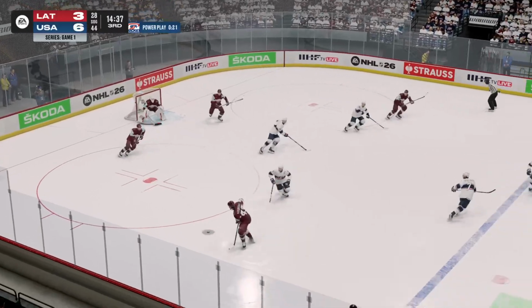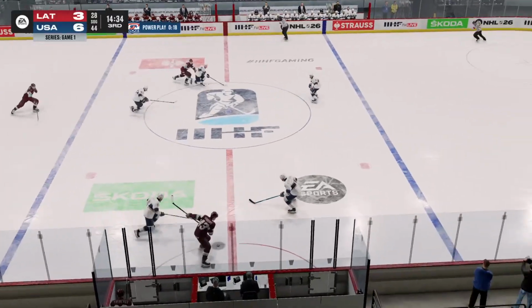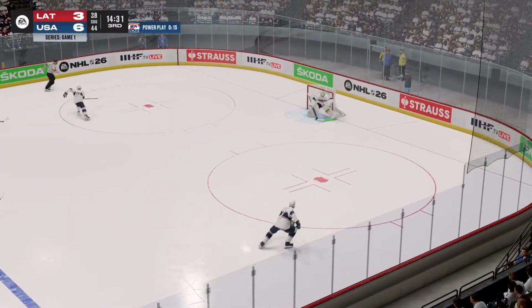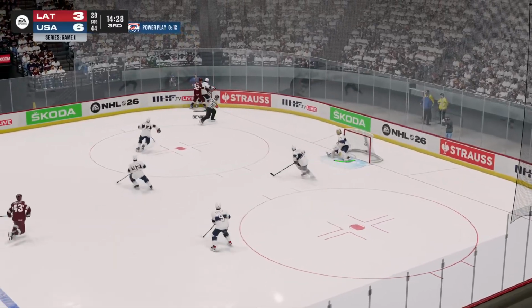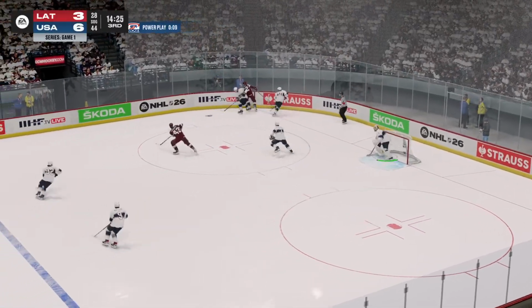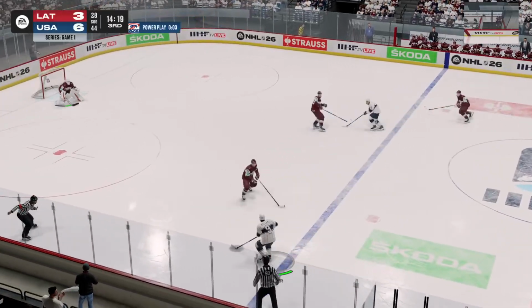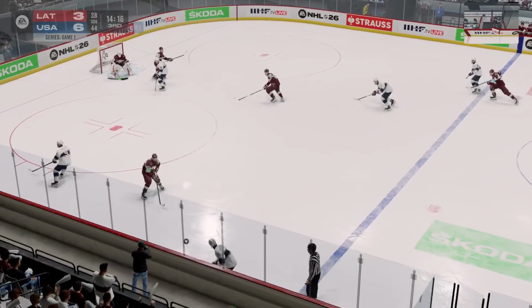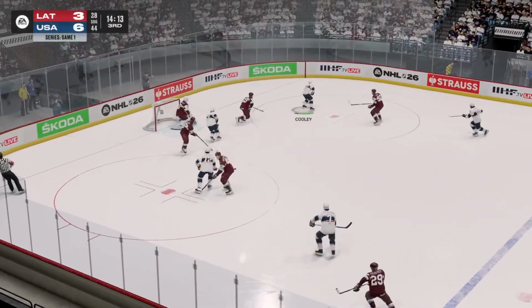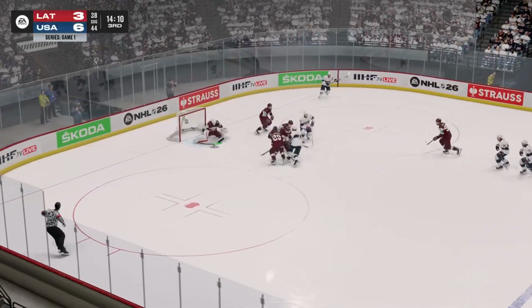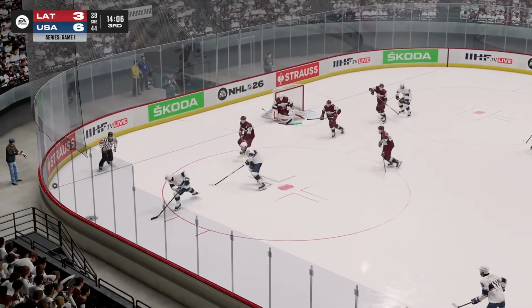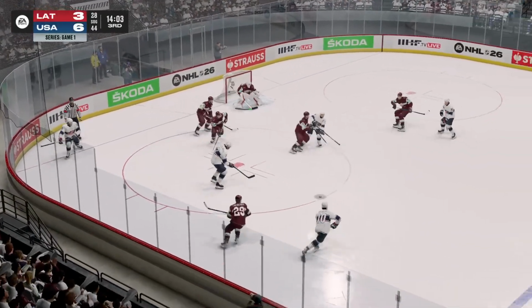Latvia wins the faceoff, and they'll bring it out through center. Ravinsky feeds it in. Matty Beniers there for the United States. Logan Cooley will bring it out. Penalty about to expire. Keller whiffed, kept in. Thompson down low. Cooley bobbles. Back to Kesselring. Fires just wide. And it comes out to the near side. Latvia kills off the penalty.